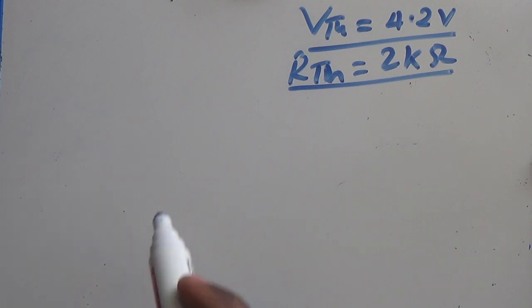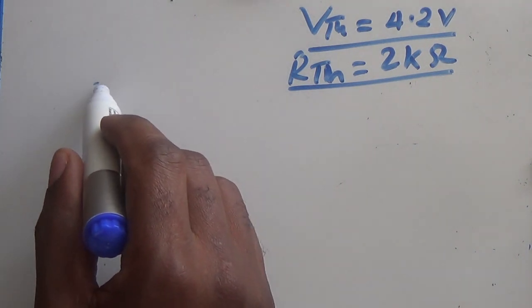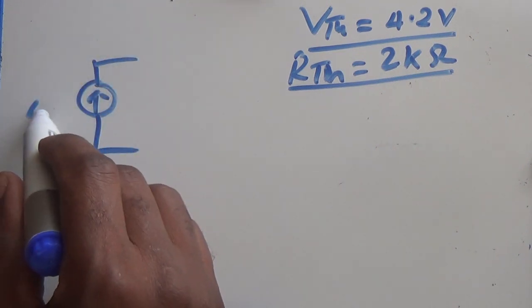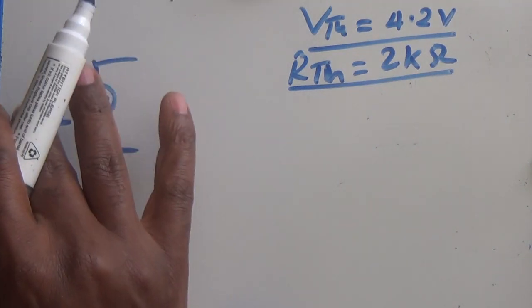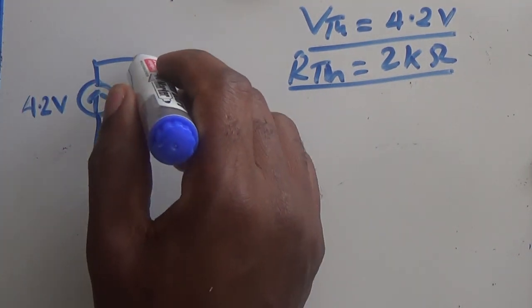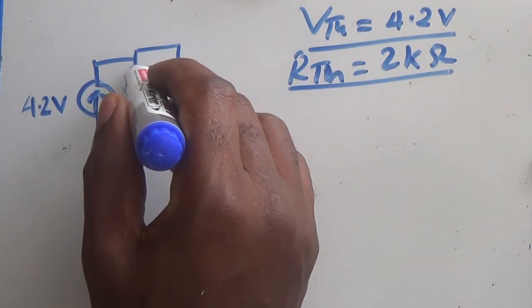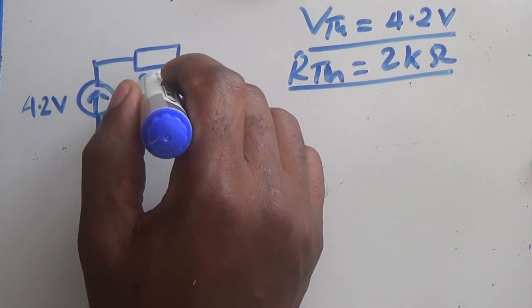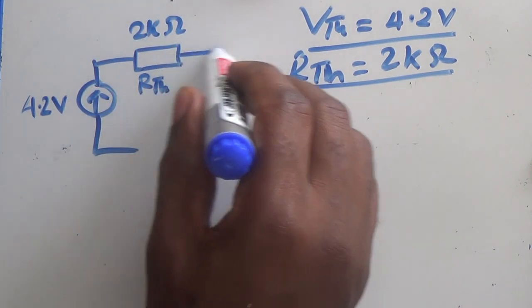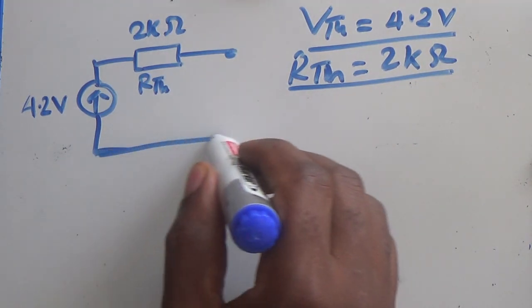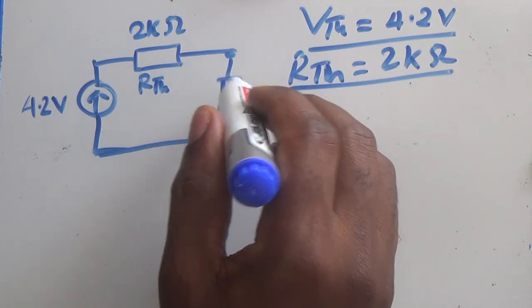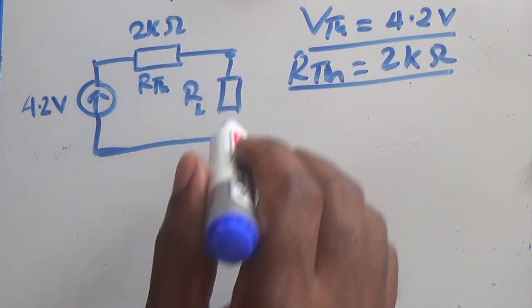So now we have a VTH here, which is 4.2 volts, and then we have an RTH, which is the 2 kilo ohms, and then we have our 2-point output, and this output is the RL, and in the